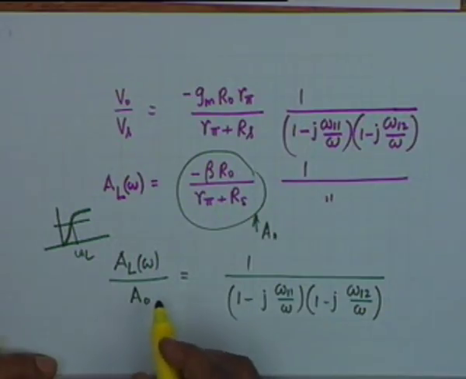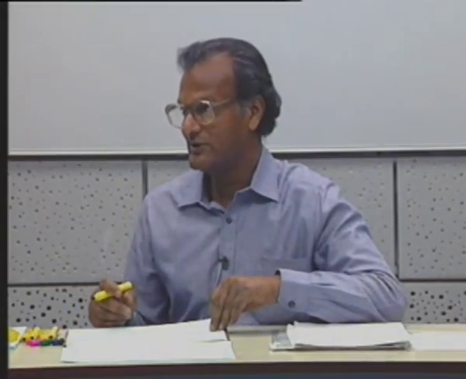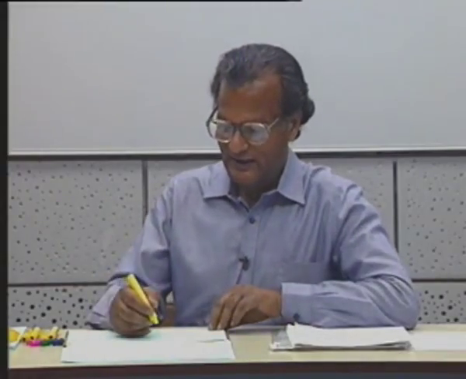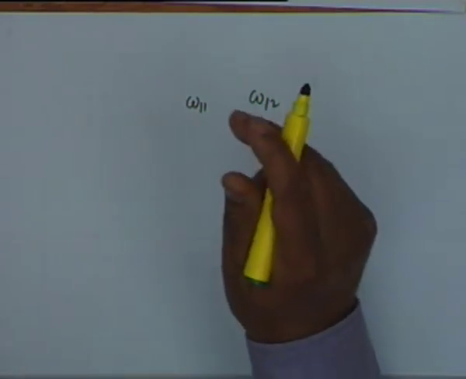Well, strictly what you have to do is take the magnitude and equate that to 1 by root 2. You will get a quartic equation, omega to the power 4. Engineers do not like to solve equations. Electrical engineers in particular try to find a shortcut. What they do is the following. He says, alright, I have two frequencies, omega 1 1 and omega 1 2. Suppose they are several times apart from each other.